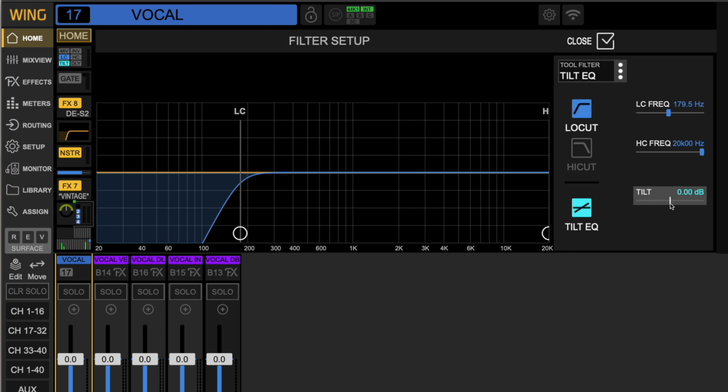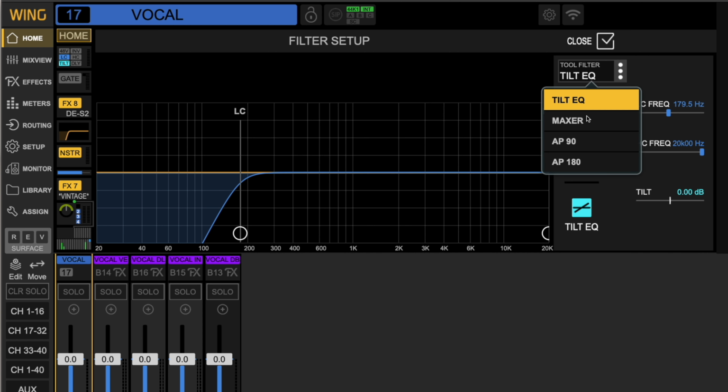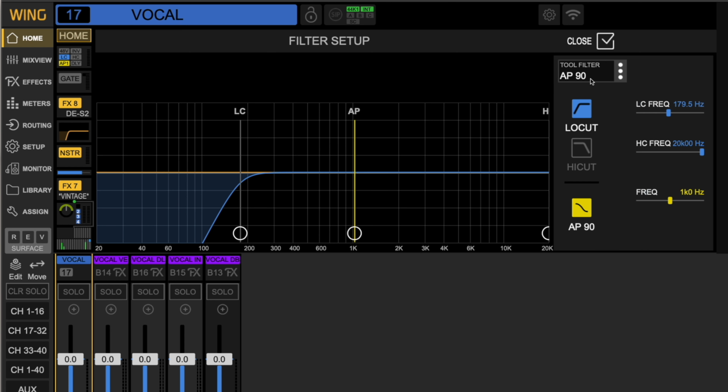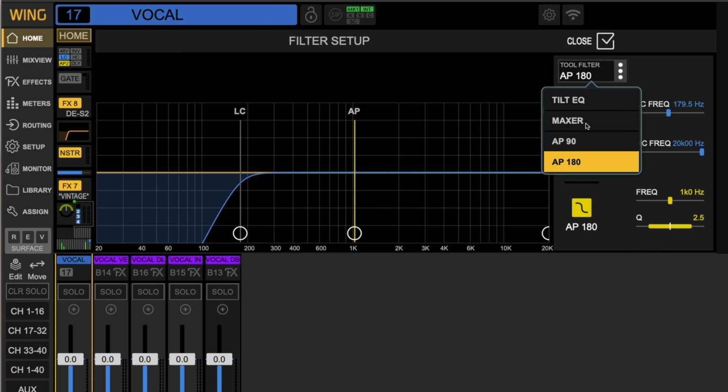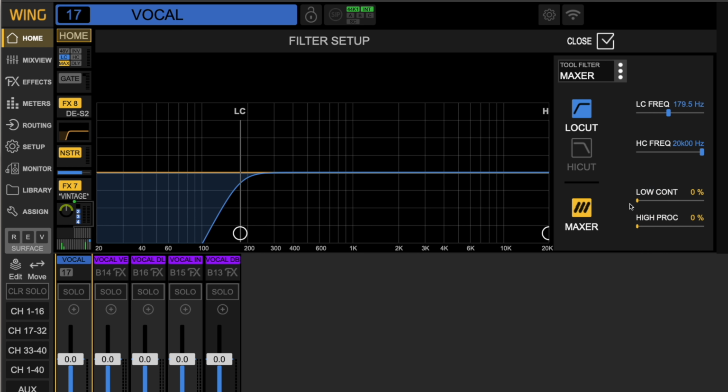Tilt EQ is like a basic car stereo EQ knob or something like that. It's very easy and quick. It doesn't really do much for me. And I'm actually not sure what these are; I need to look into that. I leave it on Maxer because that's the model of a BBE Sonic Stomp or Sonic Maximizer, which what it